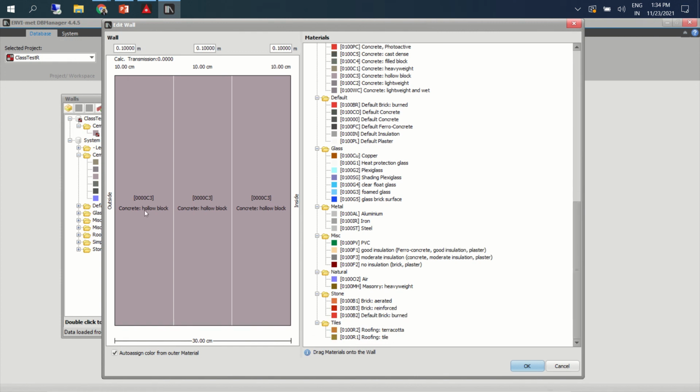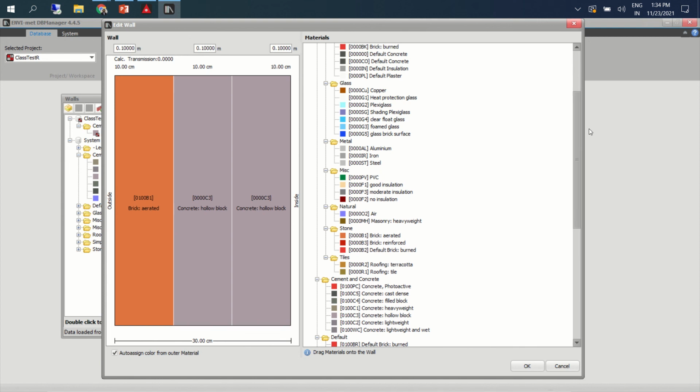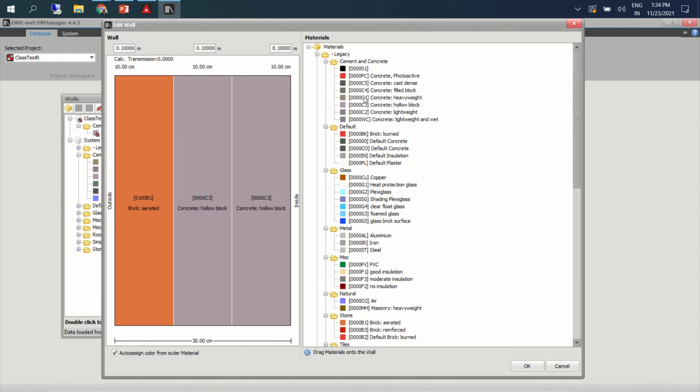And let's say there are three thicknesses. Together it is 0.3 meters thickness, and you have a combination of, let's say, aerated stone outside, and then you have concrete or burnt brick in the middle, and something in the finish.